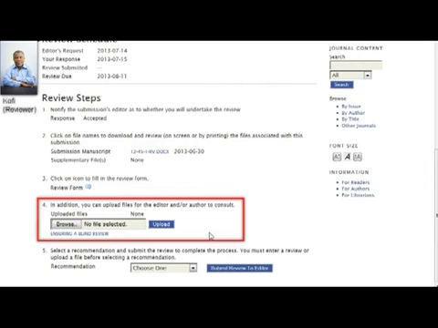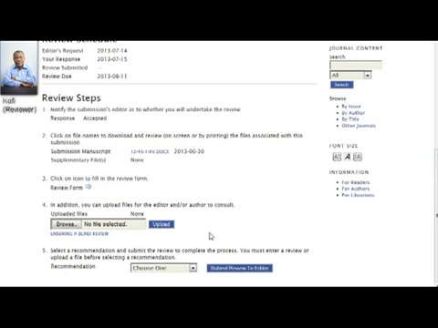In step 4, the reviewer can upload files for the section editor or author to see. For example, the reviewer could upload a marked up version of the manuscript, including comments and suggested changes. Note the Ensuring a Blind Review link, which we've seen at other key stages in the author's and section editor's steps. This pops open the instructions we've seen before on making sure personally identifying information has been thoroughly stripped from